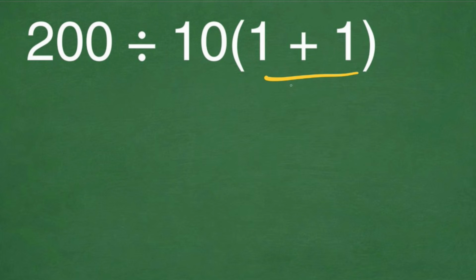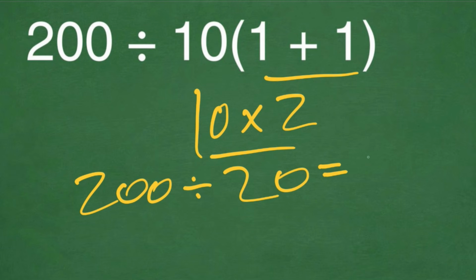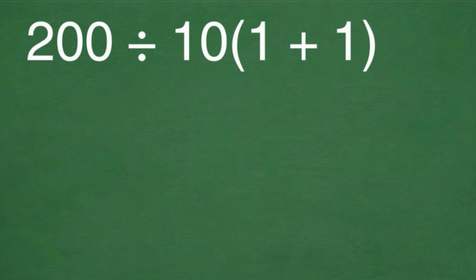1 plus 1 gives us 2, and 10 times 2 is equal to 20, and 200 divided by 20 is equal to just 10, right? But this answer is not correct, because according to the order of operations, which is PEMDAS, which I will write